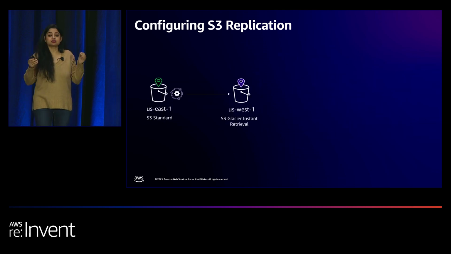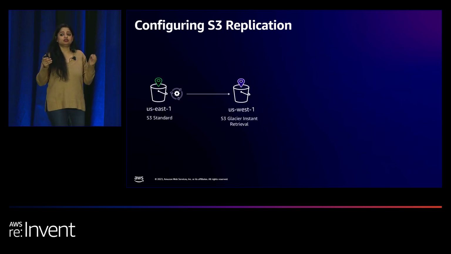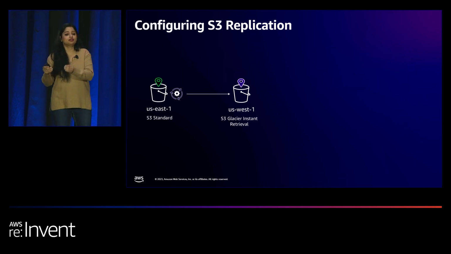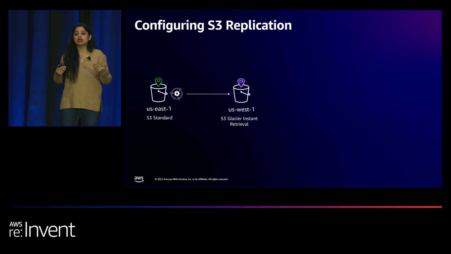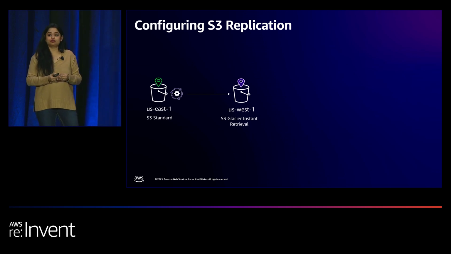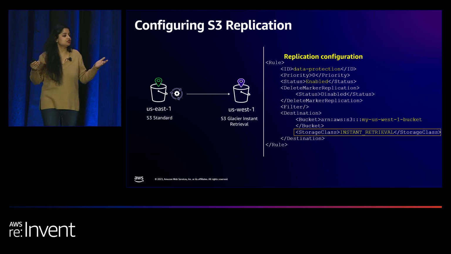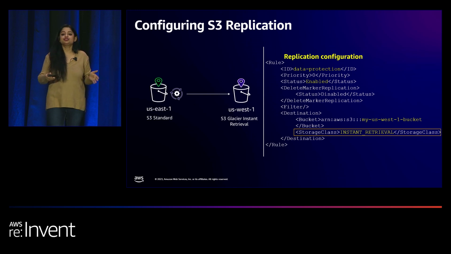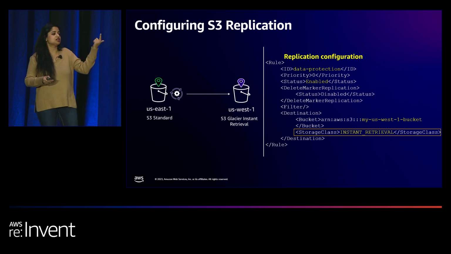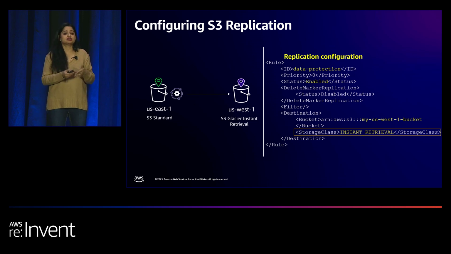Now, to optimize storage cost while ensuring cross-region data durability, you can choose to replicate to a different storage class at the destination. Since the data in our example is mainly for backup purposes and may need to be retrieved quickly in case of any disruption, we have chosen to replicate to S3's Glacier Instant Retrieval storage class at the destination. In our example, we can see that under destination, our storage class has been updated to S3 Glacier Instant Retrieval. Alternatively, you can choose to replicate to S3 Standard, S3 Intelligent-Tiering, S3 Glacier Deep Archive storage class, among others, depending on the data access pattern at the destination.